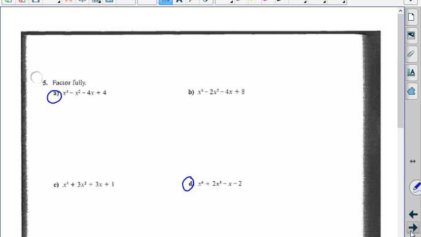That's good. x cubed plus 3x squared. If I was to multiply this out,